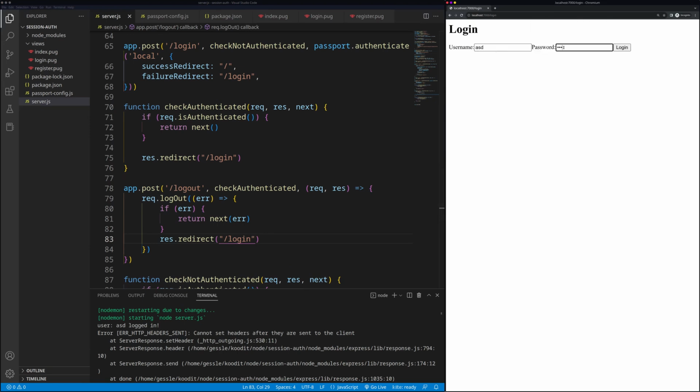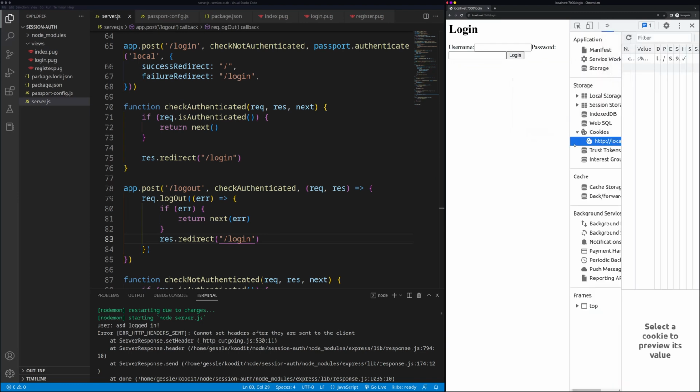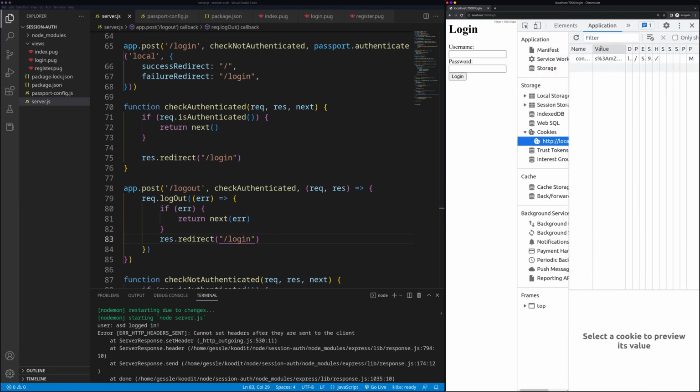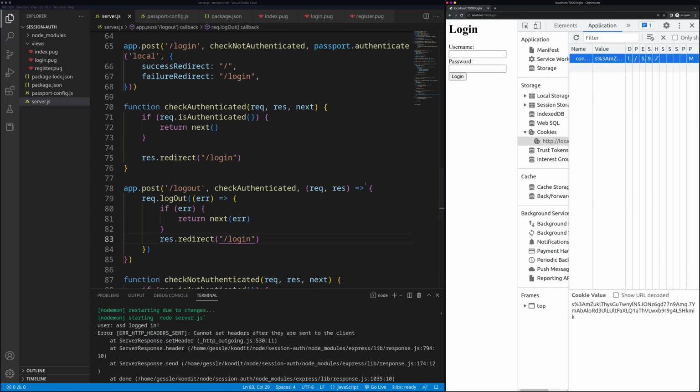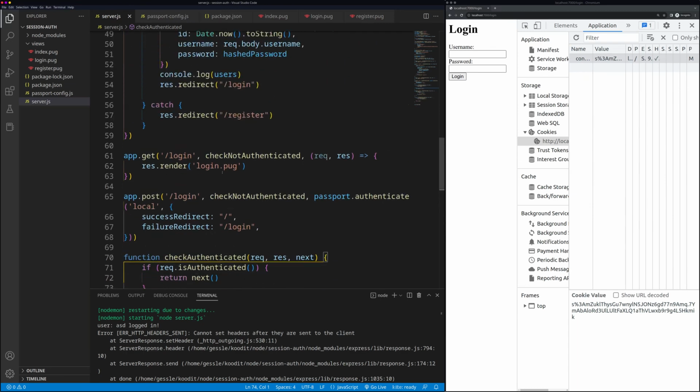So now we are getting in. Hey, it's working. Then we are getting out. I do not have any more access to this index page. It's just redirecting us to the login page, as we do not have the right to that index page. So let's see what we have still here. The application still has the cookie, this session cookie, but as we are removing the session here on the server side, then we are not able to access anymore, for example, our